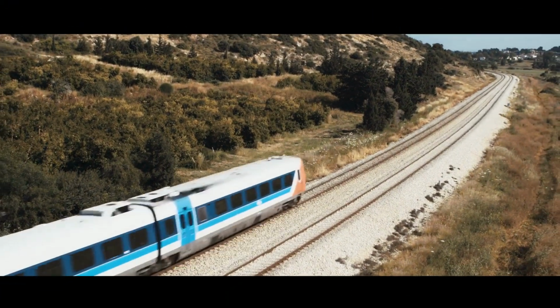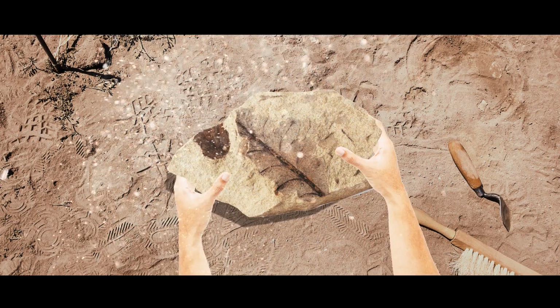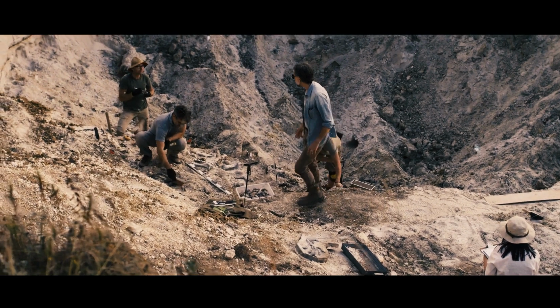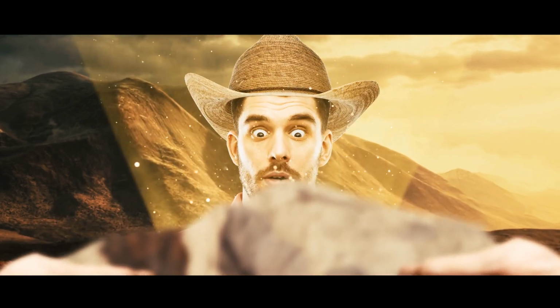So, in the early 2000s, a geology major went on a field trip to the world's largest open-pit coal mine in Colombia. He picked up a piece of rock and noticed impressions of some prehistoric leaves on it. Then he found more rocks, and each of them had the same pattern. Back then, the student could hardly know that his discovery would help describe the largest snake that has ever lived